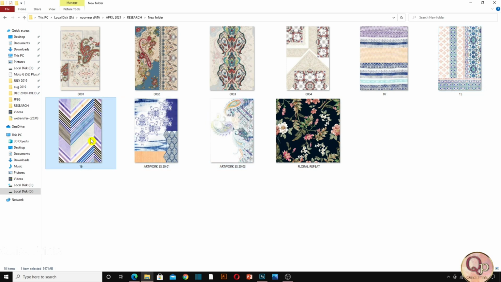So as you can see on your screen, there are print files which have layers. It is 347 MB, which is a huge size. 497 MB, approximately half a GB, 139 MB. There are multiple files which have layers and huge sizes, and whenever we are making a portfolio or a presentation, we need a smaller size of image.